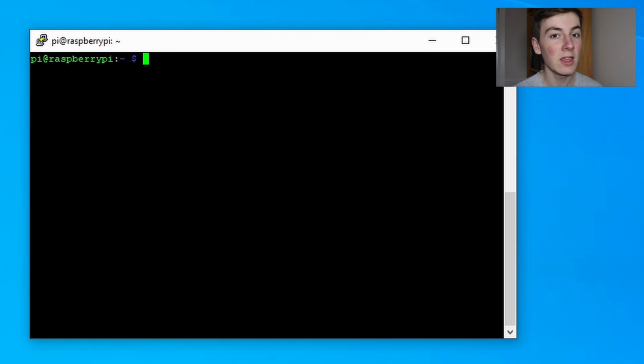Before we do that, we need to make sure we've got Apache, PHP and MySQL installed on the Pi. If you haven't got this done already, make sure you check out parts 2 and 3 of this series where we cover how to do that. To install WordPress, we need to install it in our Apache web server location. So first let's navigate to that with